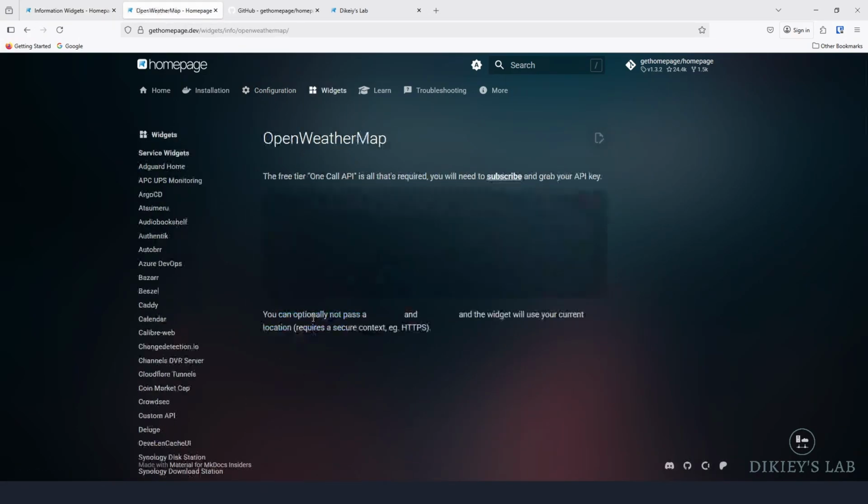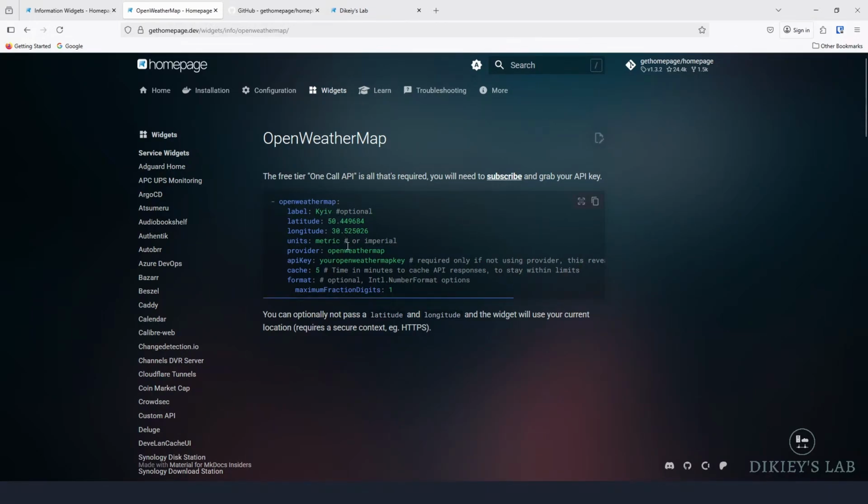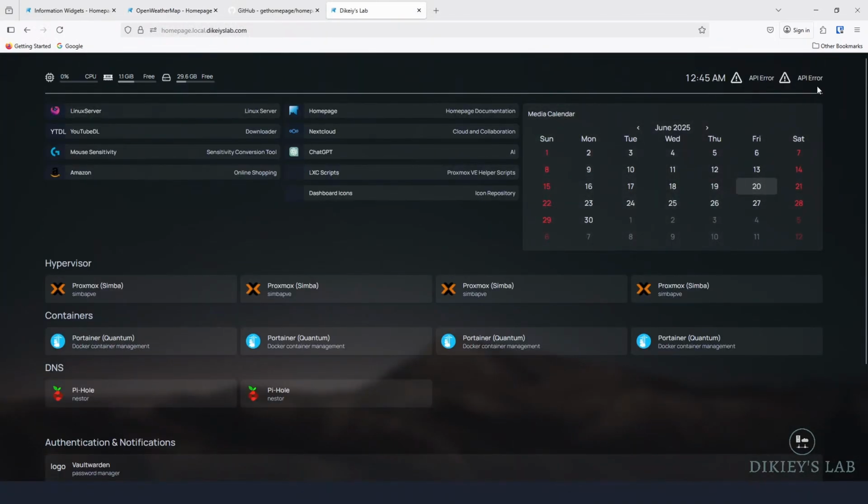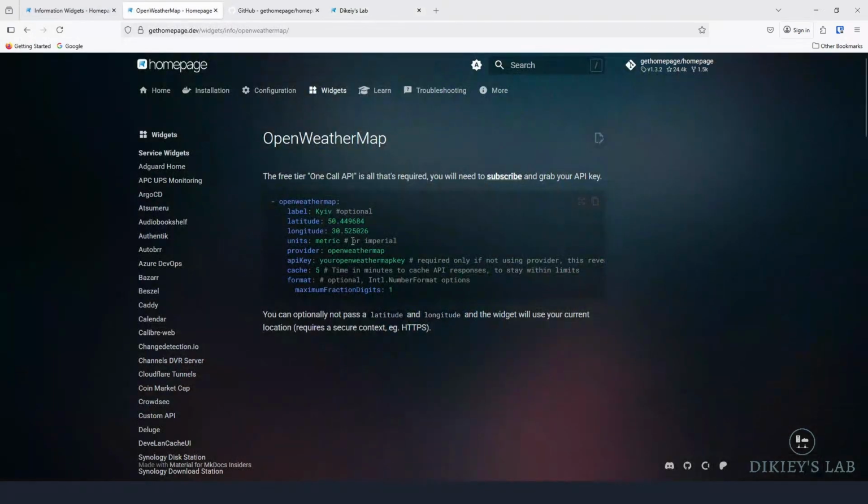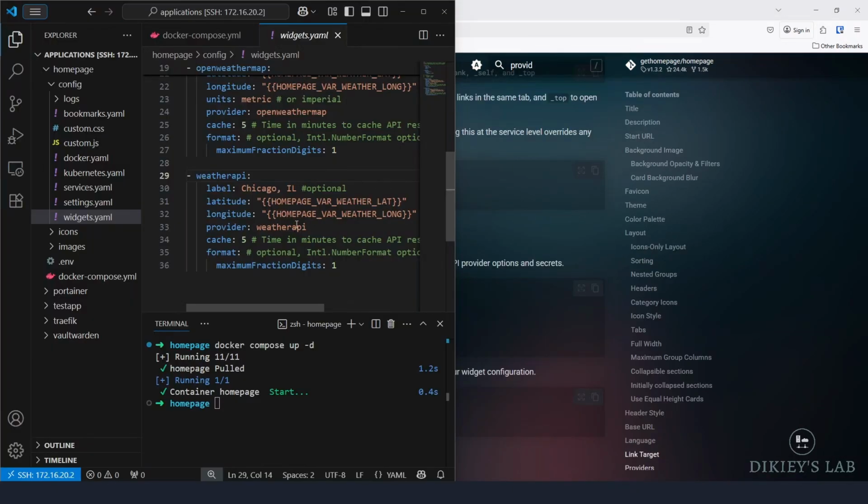The OpenWeather API, these needs to be set. The API key is required if not using provider. And I think the reason why mine is not working is because I've not put the API key. So I'm going to set that one up. So anytime you have any issue like I'm having up here, now getting the API information, just go ahead. As you can see, I did not plug in my API key, and that is the main problem that I'm having. So in my case, I'm using provider, so I need to go and configure the keys on my providers,